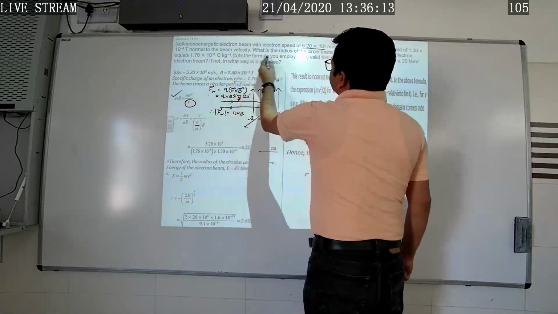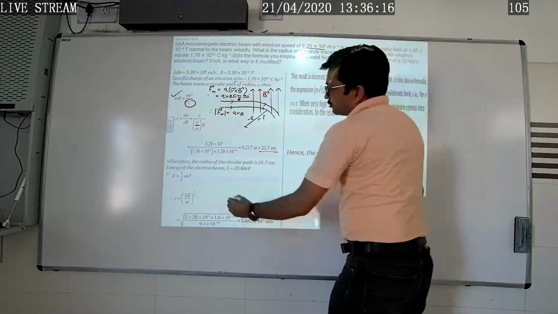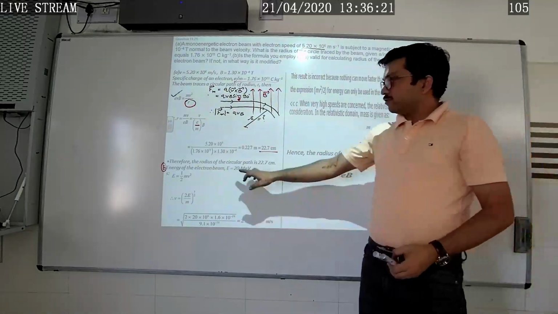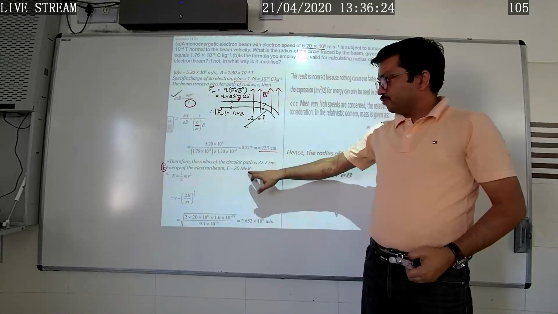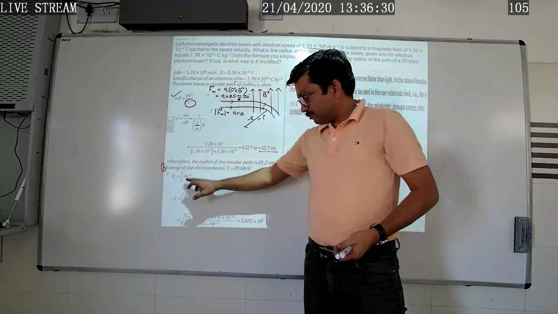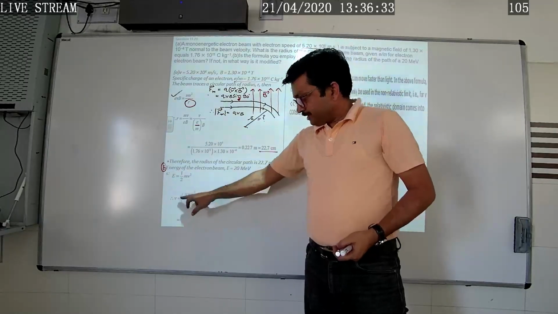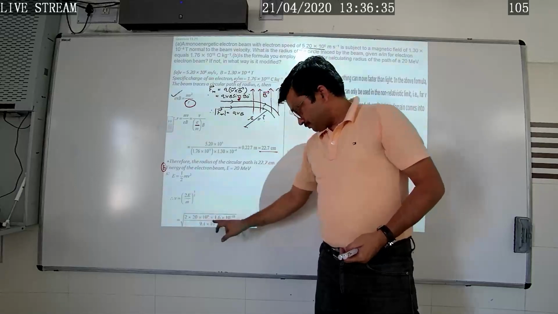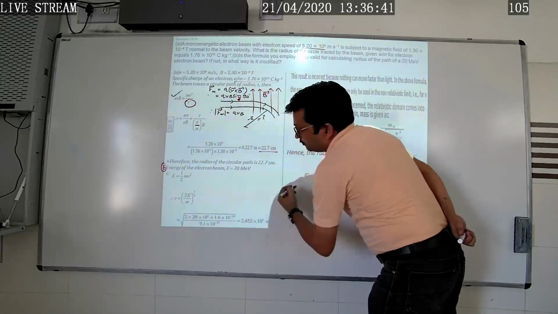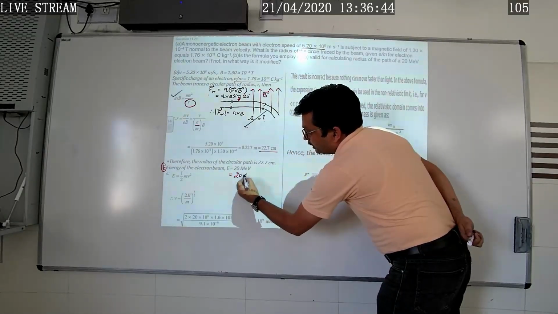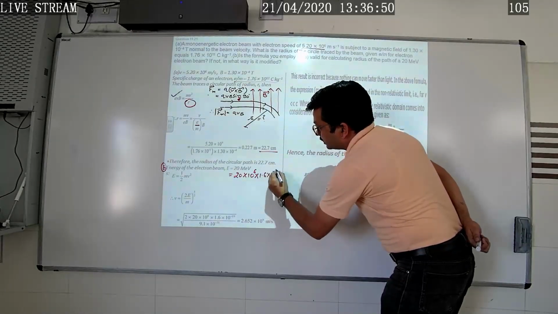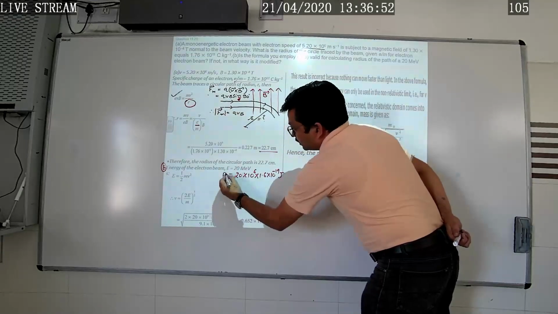Here he is asking, is the formula you applied valid for calculating the radius of the path? So here in part B, we are given the energy of the electron beam as 20 mega electron volt. This energy is equal to the kinetic energy, that is 1 by 2 mv square, and here we can calculate the speed of the electron. Putting the value of E, 20 mega electron volt, we can write it as 20 into 10 to the power 6 into electron volt, 1.6 into 10 to the power minus 19 joule. In this way, this is our energy.